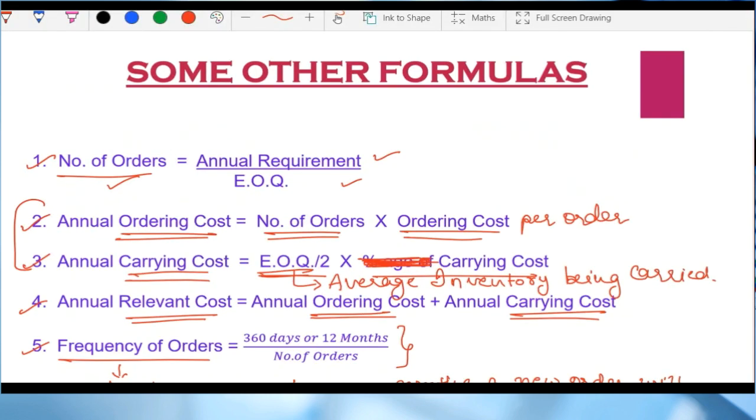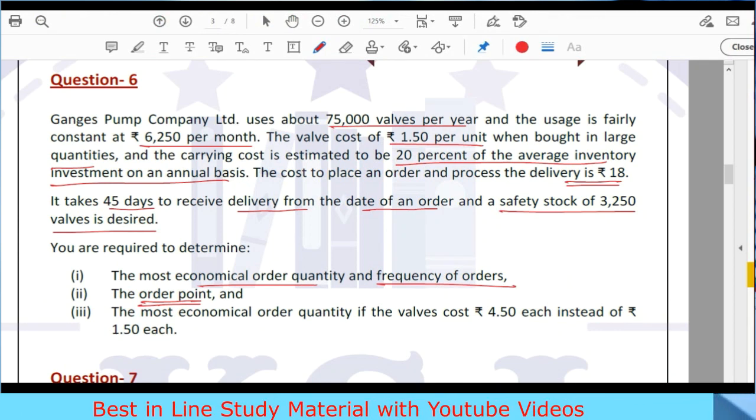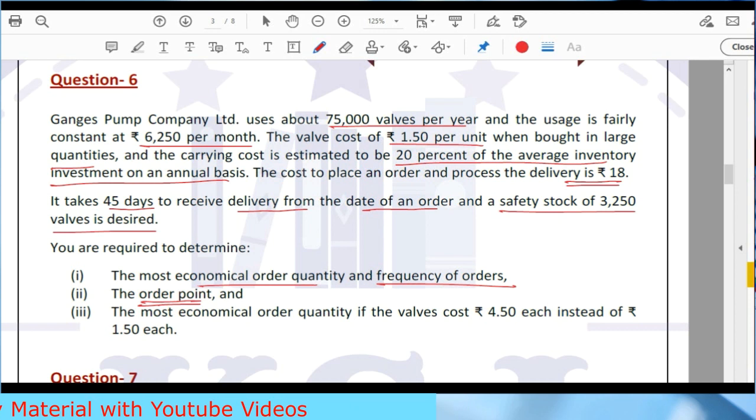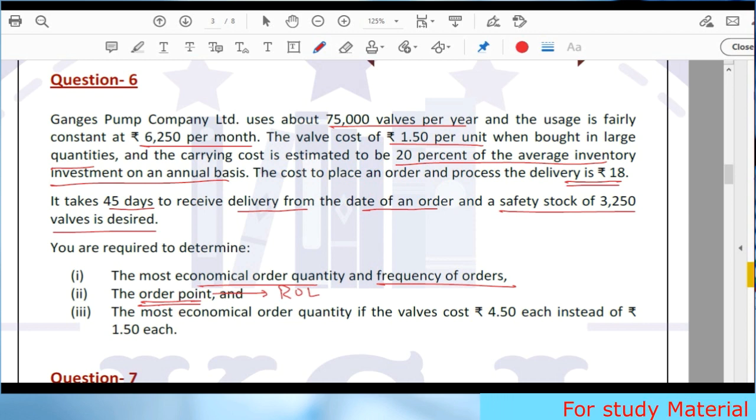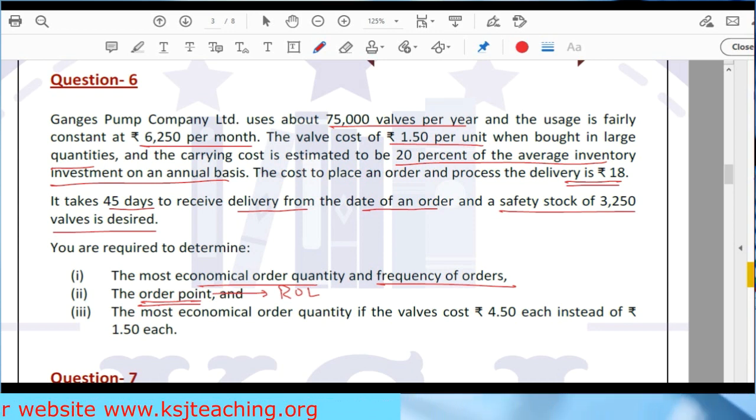Right? I just told you about the frequency of orders. So he has asked about calculating the EOQ and the frequency of orders. The order point. Sir, what is meant by this order point? What is he asking for in case of order point? Sir, this order point means he's asking for the reorder level. Right? It is that point where you have to place a new order. Clear? Remember that drum example? That 3 kg quantity where your mother places an order for that bag. That is the order point or the reorder level as we call it. Okay.